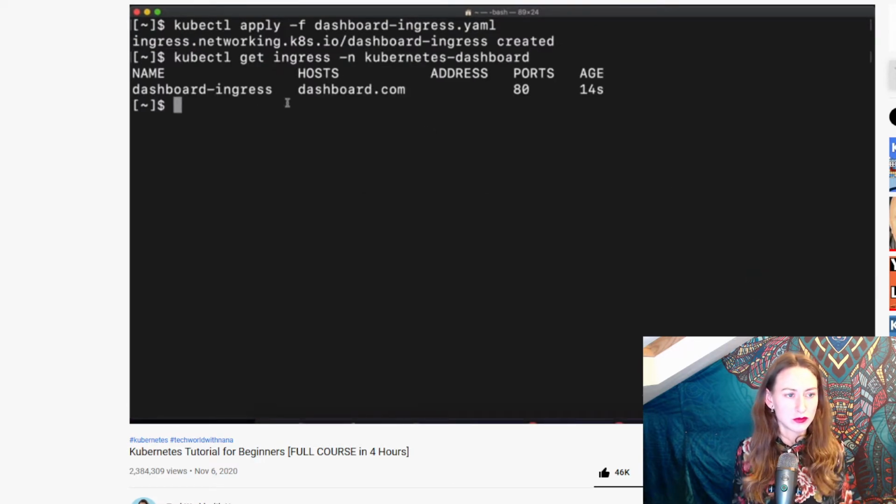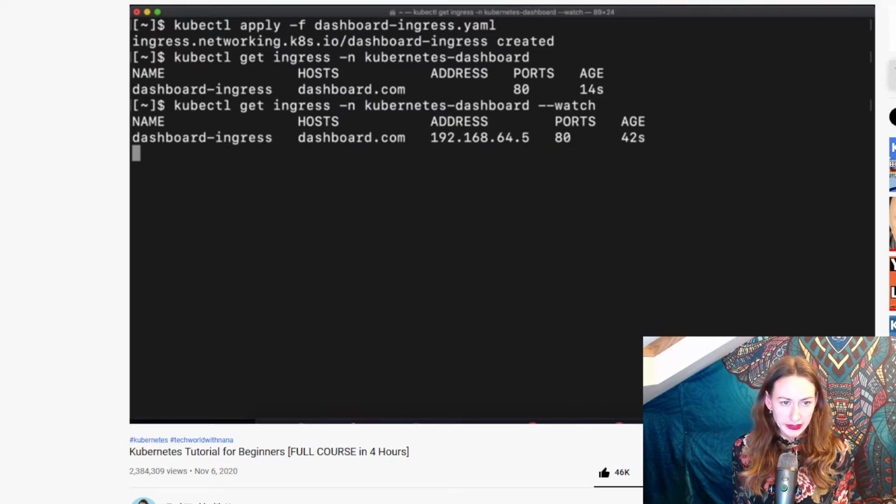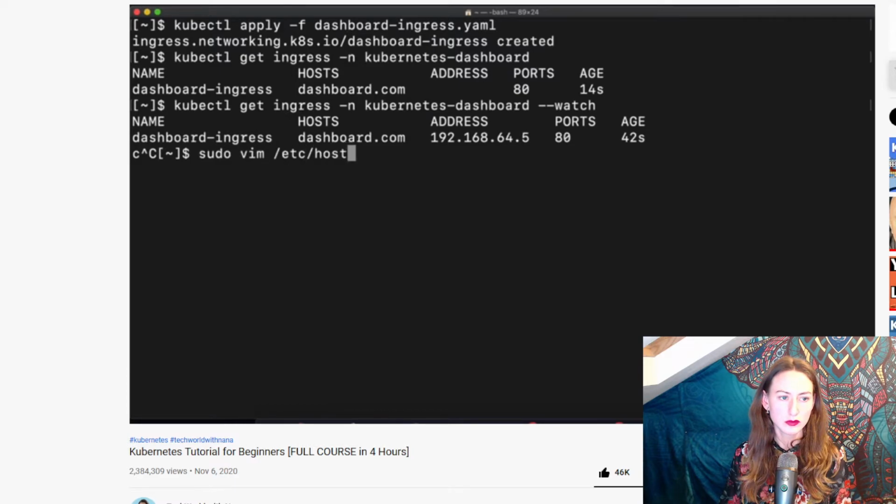I should see my ingress here. And as you see, address is now empty because it takes a little bit of time to assign the address to ingress. So we'll have to wait for that to get the IP address that will map to this host. So I'm just going to watch this, and I see that address was assigned. So what I'm going to do now is take that address, and in my etc hosts file,